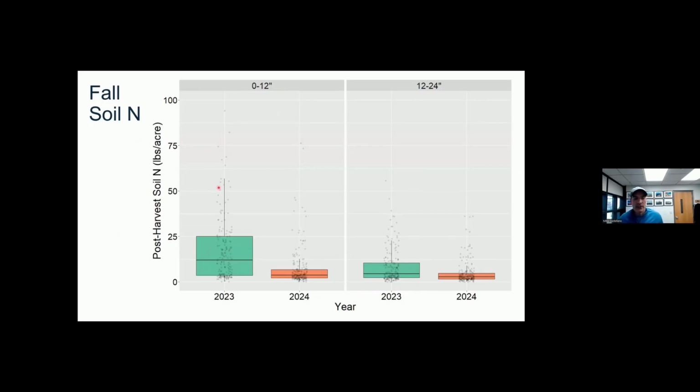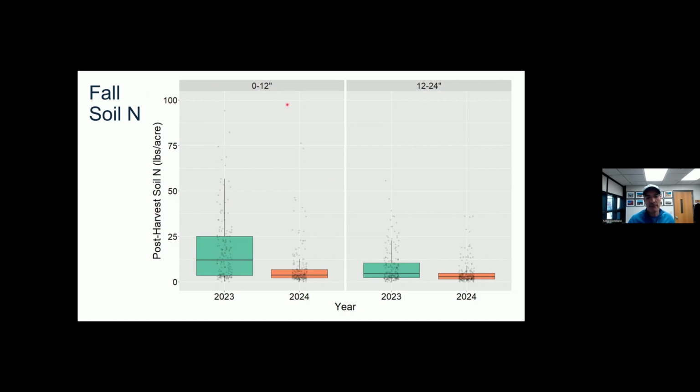Finally, I want to touch on residual fall soil nitrogen in 2024. These measurements are made on all our zero nitrogen rate trials in 2024. We posted a blog about this on the Iowa State University Extension ICM blog that just came out last week. You can search Google, you'll find that real quickly. Not only does it show you these data, but it provides some context to help decision making around these data. But in 2023, I want to emphasize that most fields had, in the top 2 feet of soil,